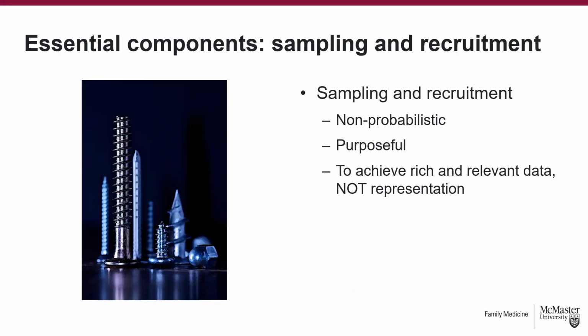Within data collection, we can think about sampling and recruitment. And this is really about how you're going to locate the data. So often when we talk about sampling and recruitment, we're talking about people. What kind of people do you want to talk to or observe? How are you going to identify them? How are you going to invite them to participate? Is this strategy going to change as the project progresses and analysis proceeds?